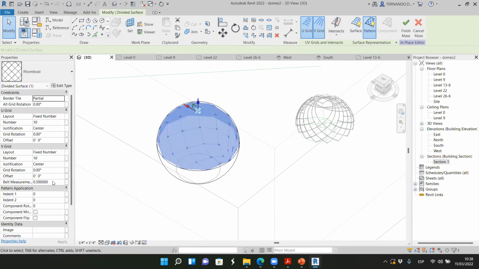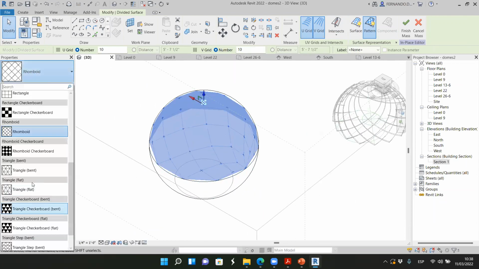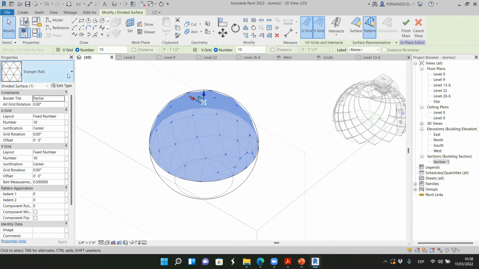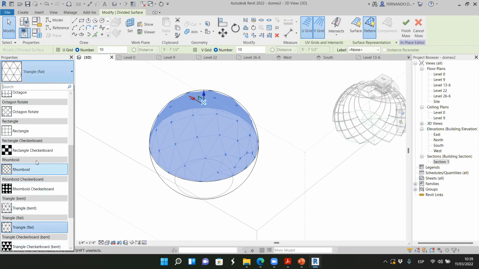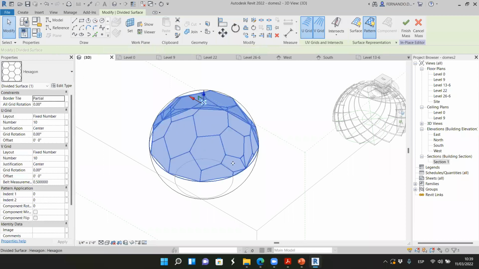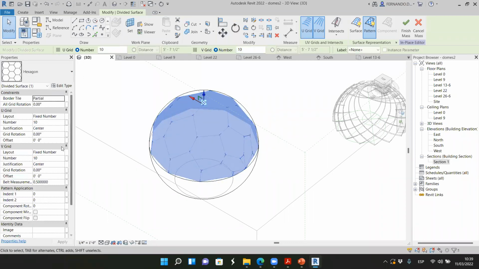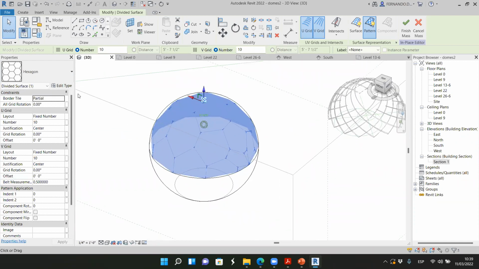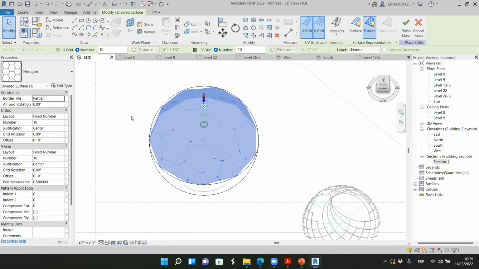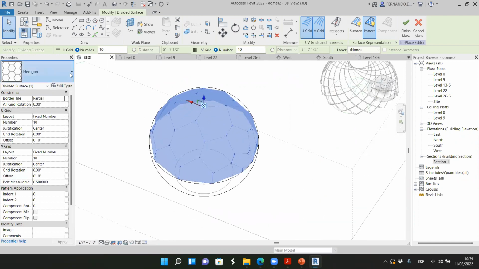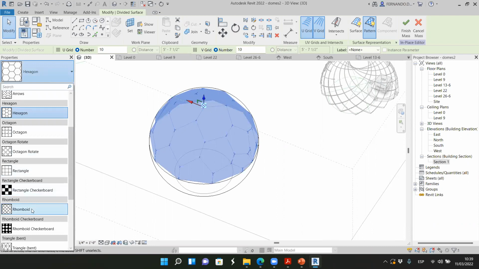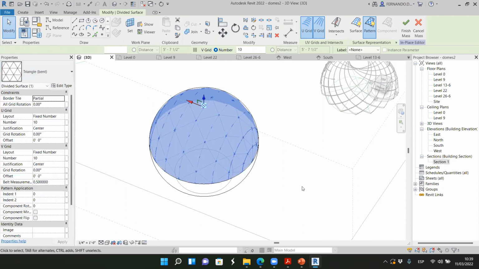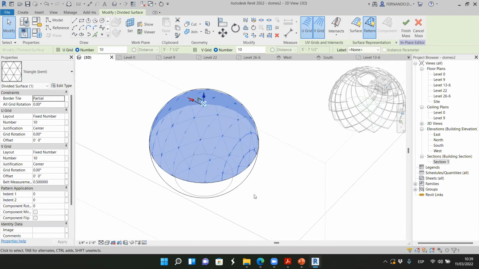We can use this pattern, or we can use triangles, or we can use hexagons. Okay, and once we have a pattern that we like, like this,